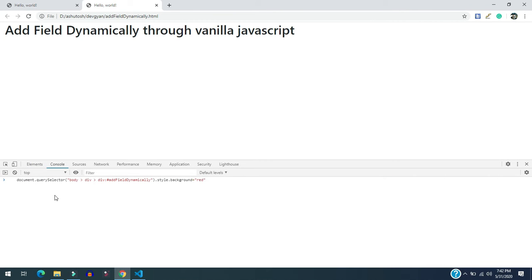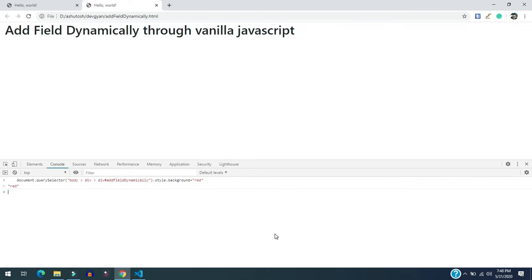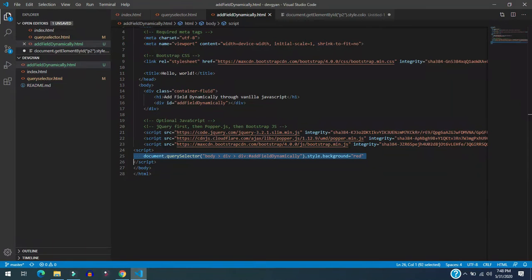We can also check the functionality from this console. So let's try. Now as you can see, we are going to select this element, whose id is add filter dynamically.